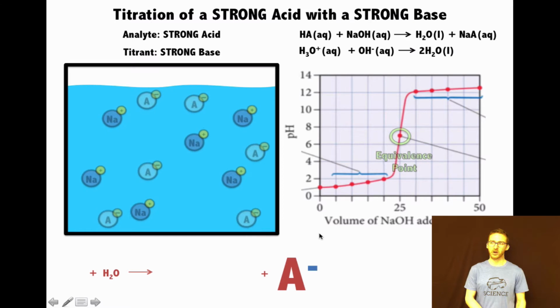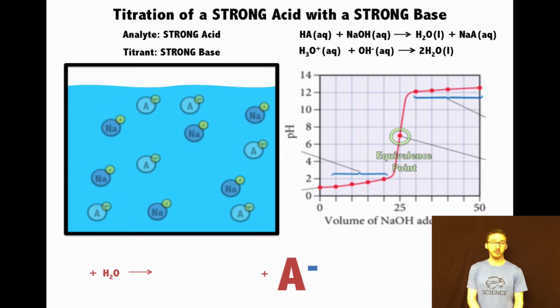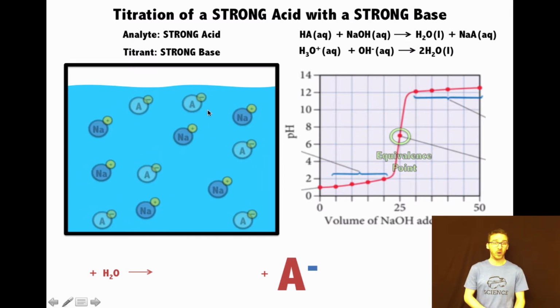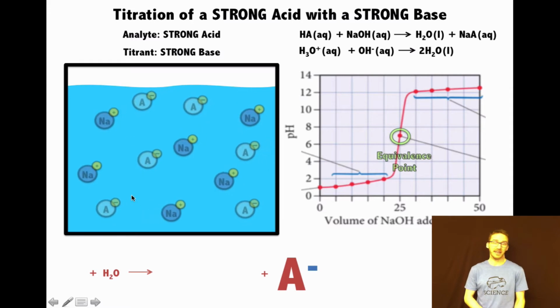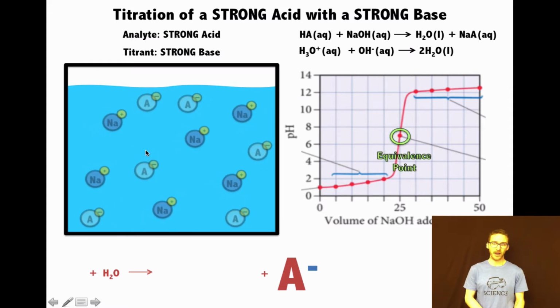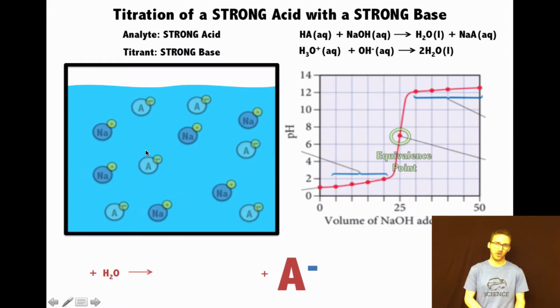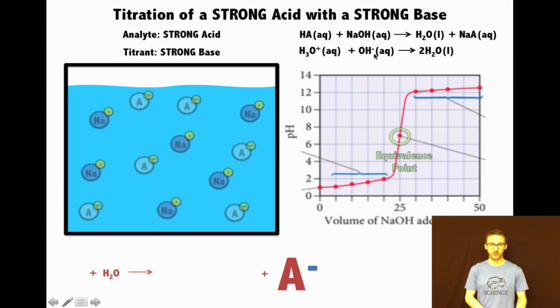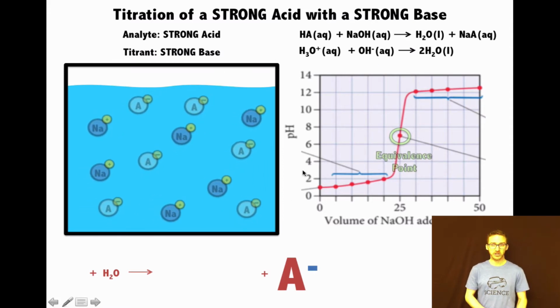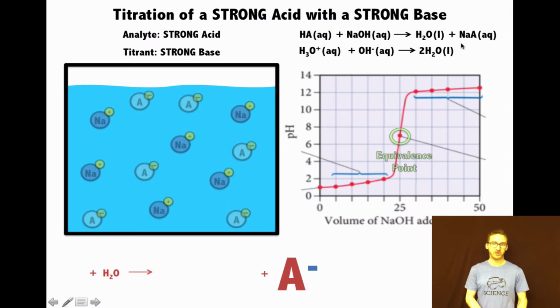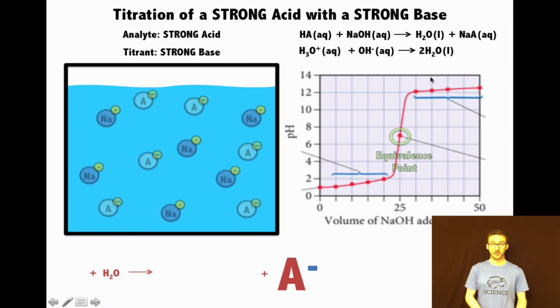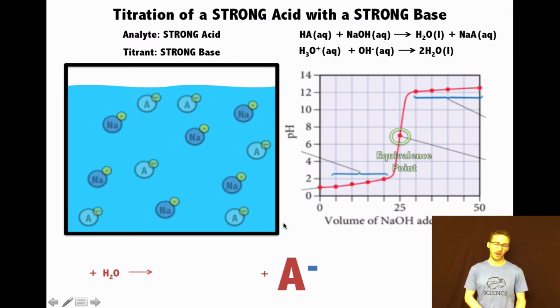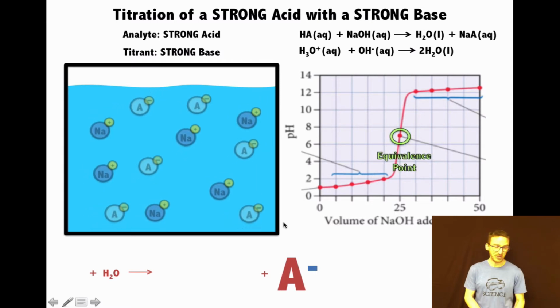boom, we've hit our equivalence point. Notice a huge jump in our pH. We no longer have any hydronium ion floating around. We've neutralized it all with our strong base, with our hydroxide ion. All that we see in solution is water and our salt, but it's a neutral salt. These are just spectator ions sort of floating around in the background, not really contributing at all to the pH